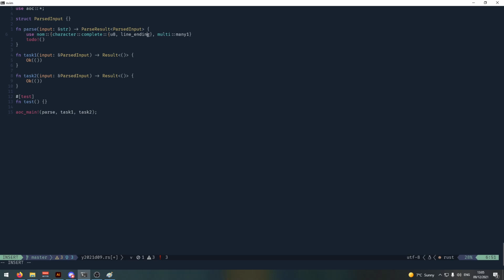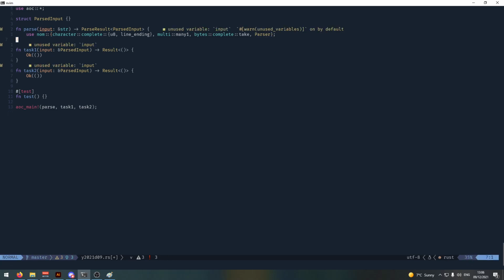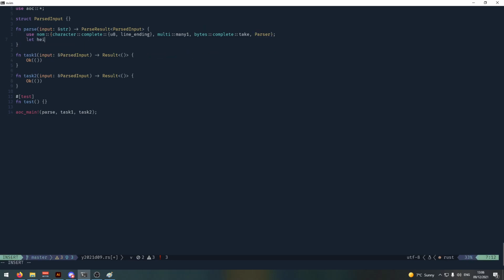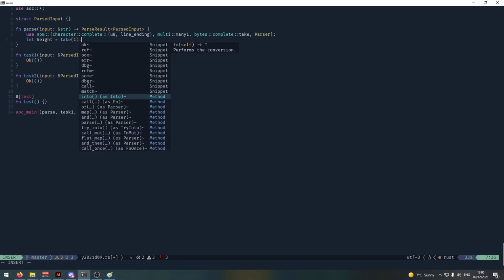We're also going to need bytes complete take to make sure that we're able to take one byte at a time, and we're going to need parser. Okay, so now let's say let height is equal to take one map